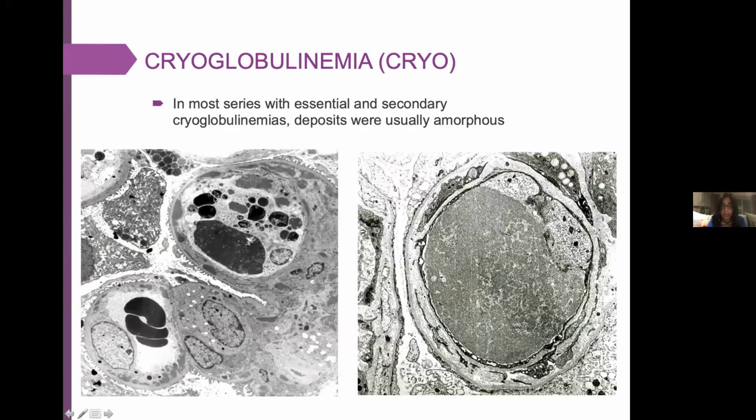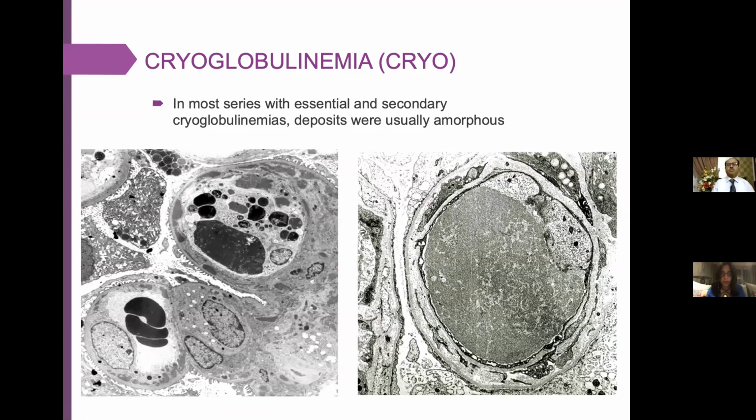Cryos, as you can see here, this is early electron microscopy findings. Early on, you will get your classic subendothelial deposits. And I want you to look carefully. This is not even your classic MPGN deposits. They are rare deposits. This is why a pure cryoglobulinemia could be negative on immuno. You could not detect by immuno a lot of C3 or IgG/IgM, because you don't really get a lot of deposits early on.